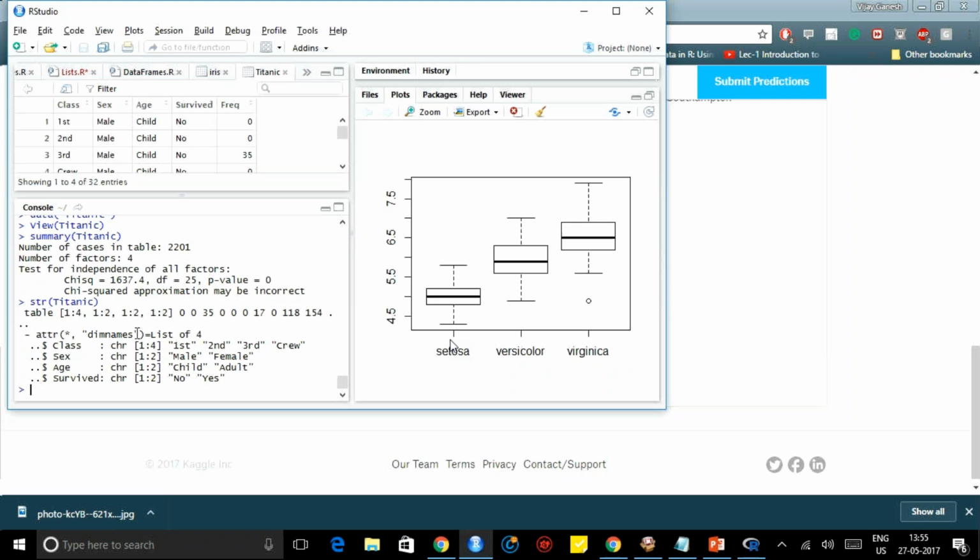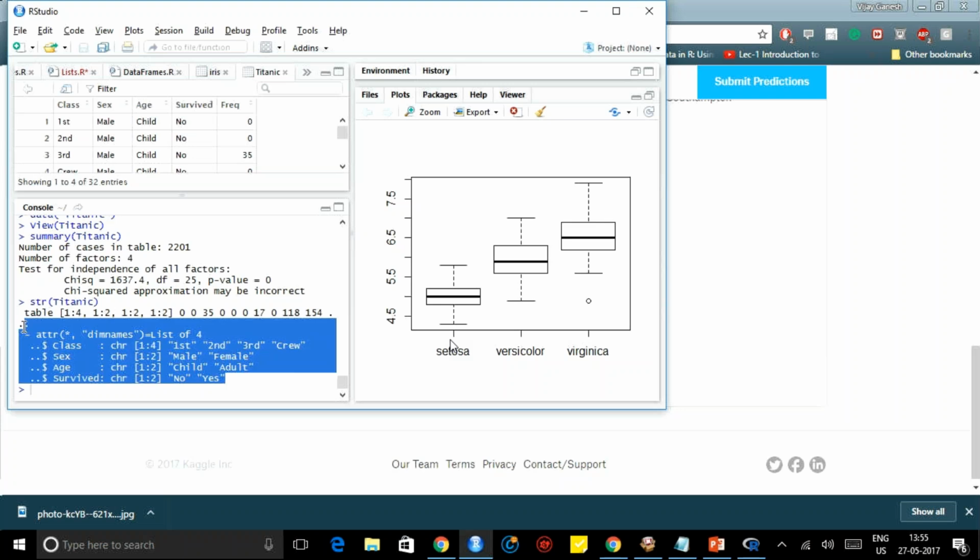Okay, these are the things that are important. So, as you saw, there is first class, second class, third class, and crew, age from male and female, child or adult, survived yes or no. This is simple version. On the Kaggle, we have a much more complex version. Where did he go, whether he had children. So, what I suggest is use this data and come up with inferences.